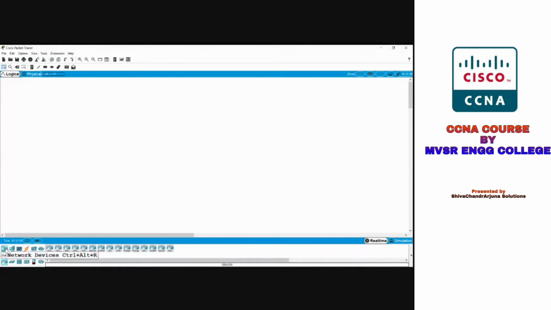First one is the network devices. When you click on network devices, you can see different routers here, different versions of routers, and end devices. You click on end devices, you can see PC, laptop, server, TV, whatever it may be. Different components you can see, and this is an MCU board, SBC boards, components, and these are the connections. Different types of connections here.